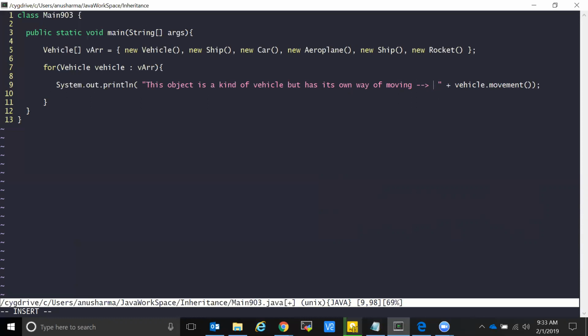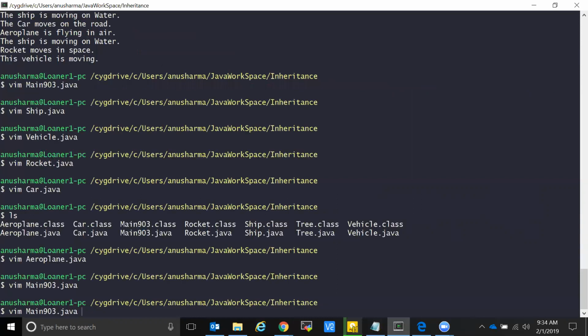You got it? And we are printing its way of moving. The way it moves is like that. We are printing one line like that. And now if you execute this,